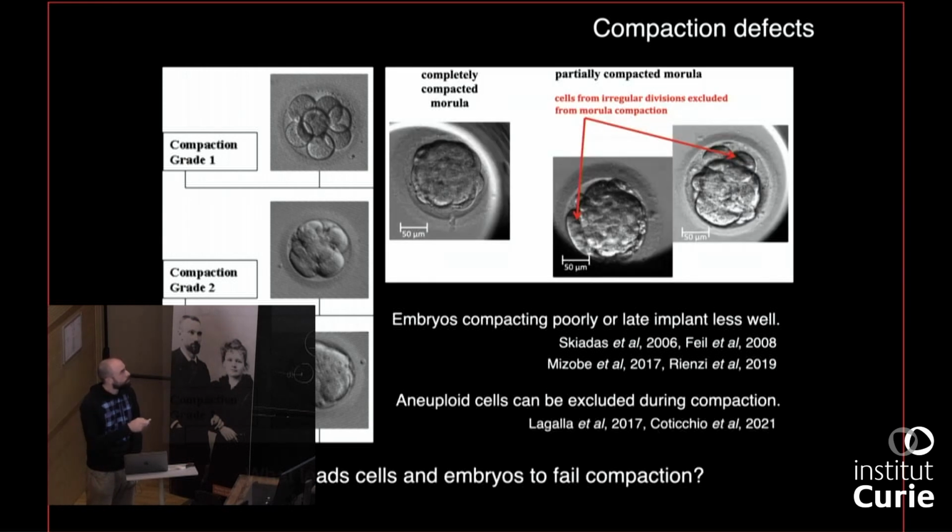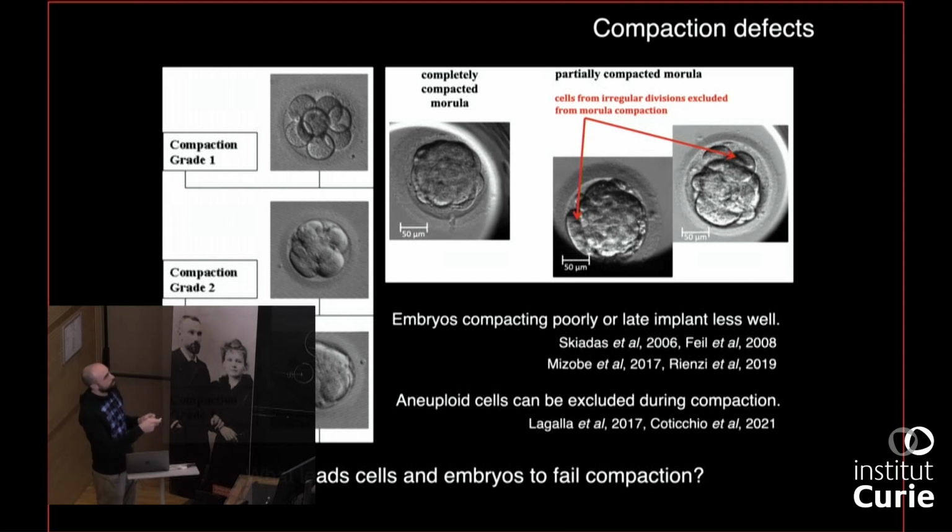What we also know is that sometimes all of the cells of the embryo are compacting together, and sometimes some cells are pushed out and not participating in the compacted part of the embryo. Those cells which are excluded will either be eliminated completely from the embryo, and that's it, they're just gone, or they are pushed to the surface and are part of this trophectoderm, which only contributes to placental tissues. And this has been studied in vitro, in clinical studies.